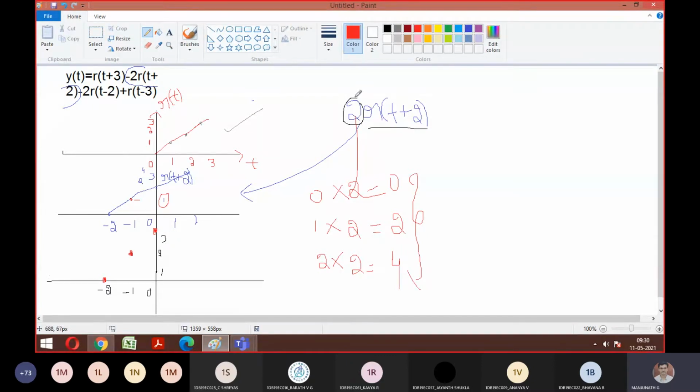So can you tell me what is happening for 1 now? What is the amplitude you have for 1 here? At 1 it was 3, sir. Then if you multiply by 2, it will go to 6. Good. So for 1, I should take a 6 amplitude. It will come somewhere here. Then it will be continuous. It is not going to end. If we join this graph, this is how it looks.